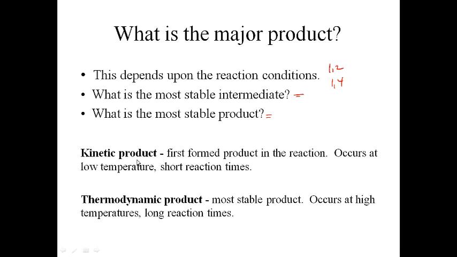Well, a kinetic product is defined as the first formed product in the reaction. That makes sense. The kinetic product is the one that's formed fastest. When do you get the kinetic product? Well, you get the kinetic product when you either do a reaction at low temperatures or you use short reaction times. That will give you the kinetic product as the major product of the reaction. Think about free radical halogenation. Our selectivities became much more